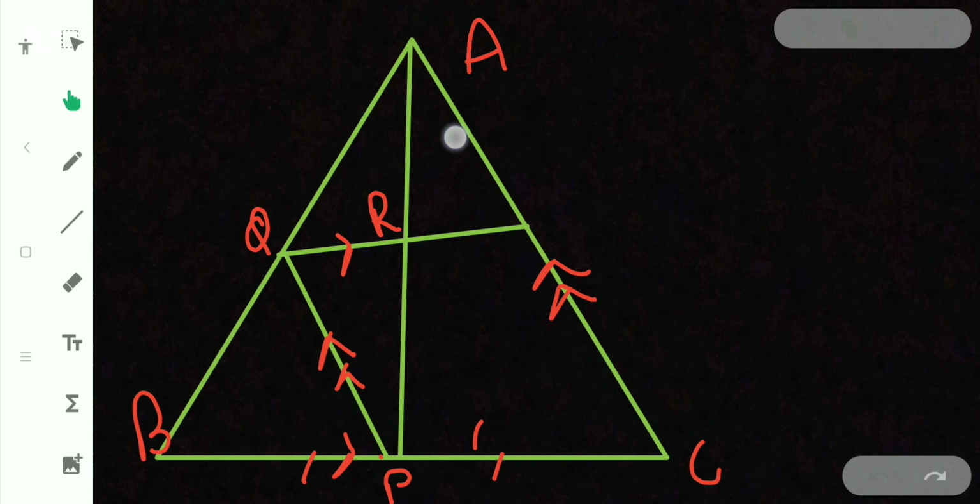AP is equal to 2AR. So AP is equal to 2AR means half of AP is equal to AR. Nothing but we have to prove that R is a midpoint of this line AP. They have said it like that just to confuse you. Now let us think how to solve it. Just pause the video here and think how to solve it. I hope you have done that. Now let us see the proof of this one.